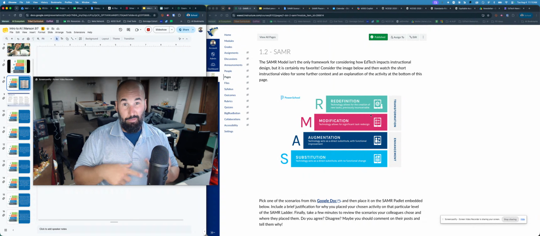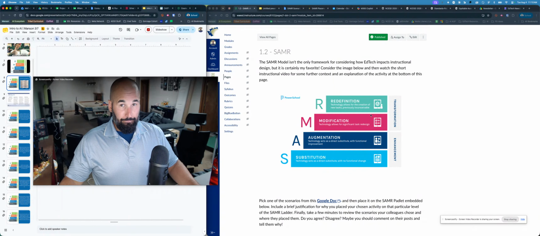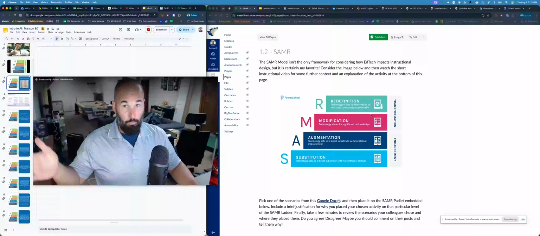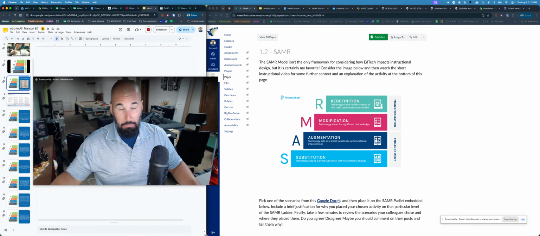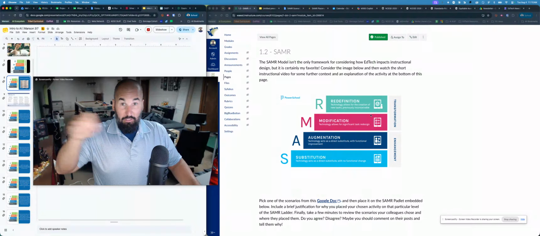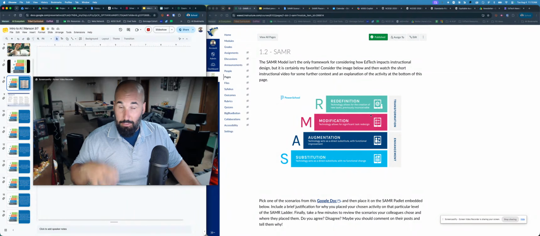Reasonable people can disagree on what substitution versus augmentation is. Here's the way I like to describe it, because I'm a former ELA teacher, and I had my students writing a lot in my classroom. Well, we used to do it all offline, pencil and paper. There's a lot of people that are pushing to go back to that. We can get into that at some point if you want, but when we got Chromebooks in my classroom,